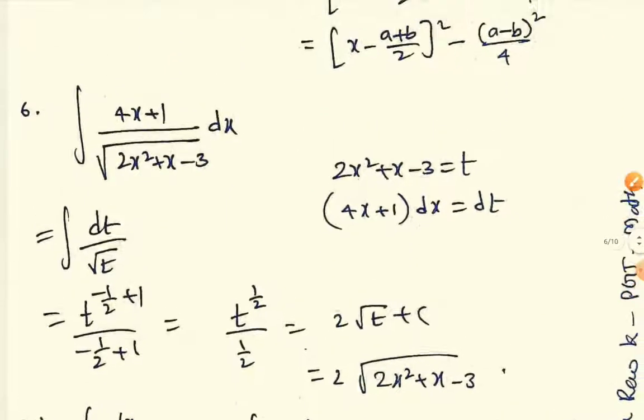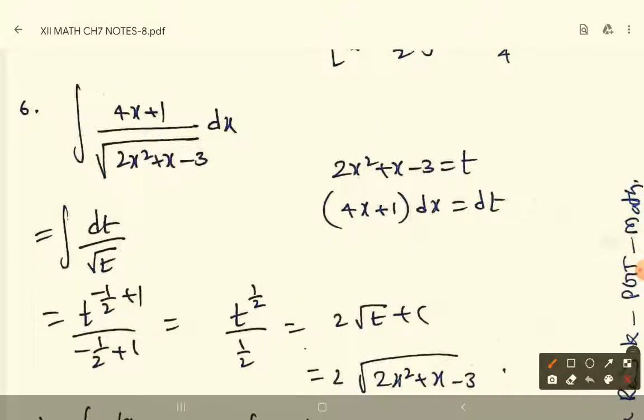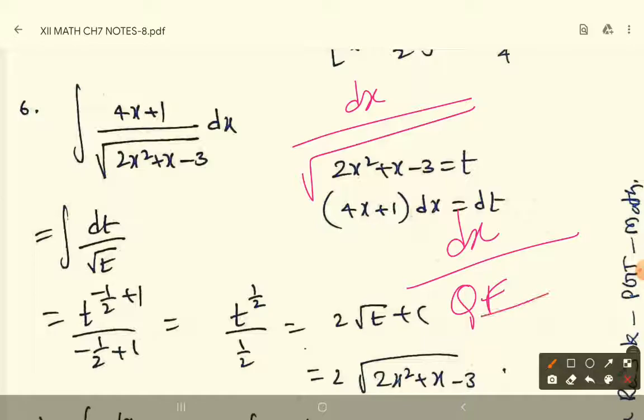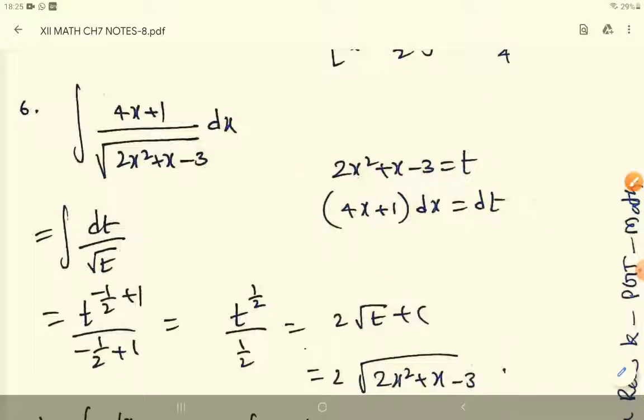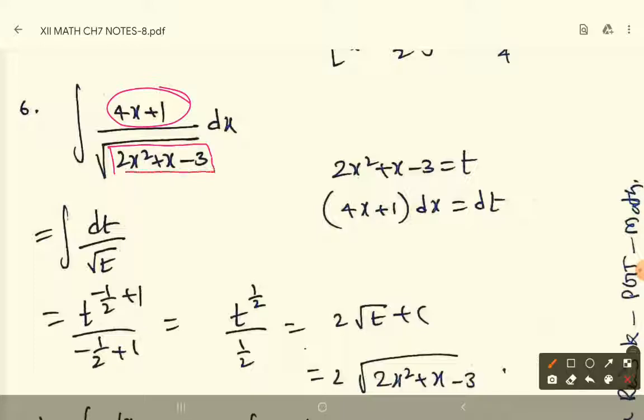Next, look, sixth question. Sixth question is very easy. Till now we have not seen anything in the numerator with dx. In the denominator we have seen only dx by root of a quadratic expression or dx by a quadratic expression. But here, along with dx, in the numerator we have 4x plus 1. So this is also very easy to convert. See the quadratic expression in the denominator, whatever it is. Whenever the numerator is a linear expression,